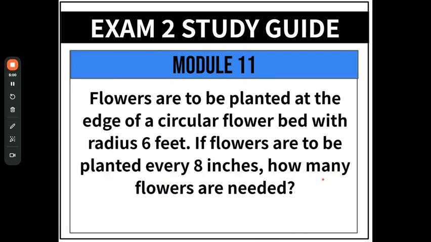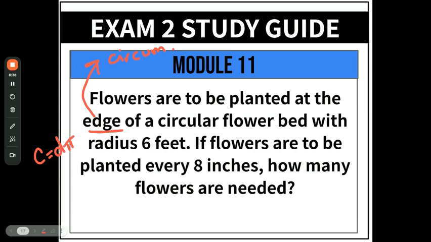17, flowers are to be planted at the edge of a circular flower bed with a radius of 6 feet. If flowers are to be planted every 8 inches, how many flowers are needed? Okay, so first they said that the flowers are going to be planted around the edge. This keyword right here tells me that we need to find circumference. Okay? So, to find the circumference, we know from your formula chart, you can take a look now if you like, circumference equals